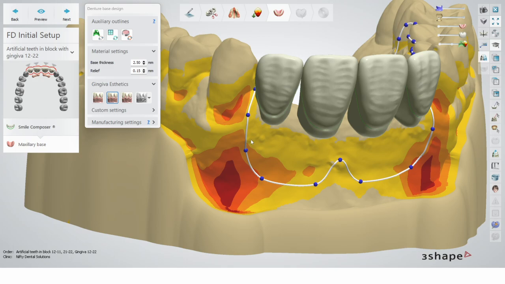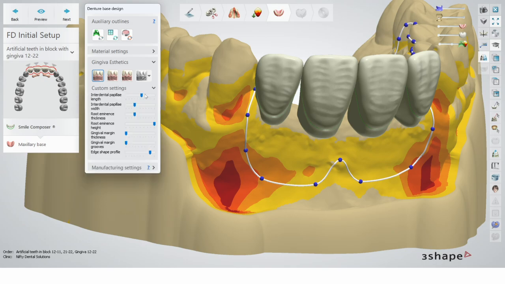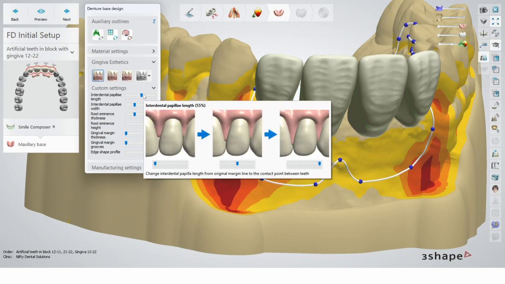Now we got three different gingiva aesthetics. We got delicate, natural, and intense, and you can just select the one that you want, or you can go on custom setting and personalize every single part of the gingiva design. For example, interdental papilla length, the minimum is set to 55%, so you can make it a little bit longer.